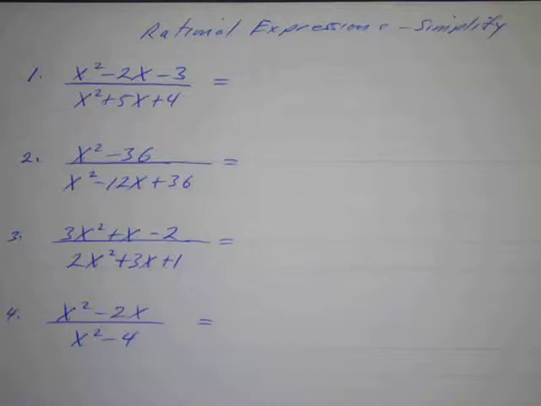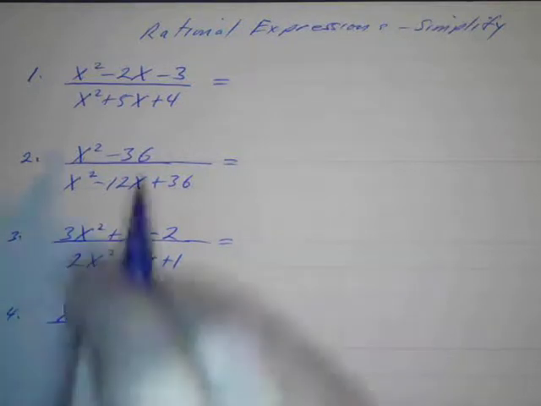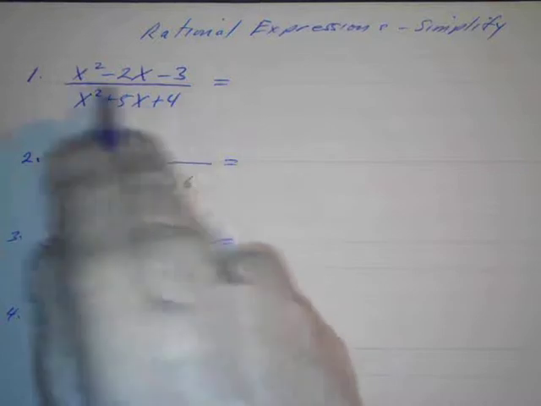Okay, here are some examples of simplifying rational expressions. Remember, a rational expression is just a fraction, so we're just going to simplify these fractions or reduce them to lowest terms. And just like we do with normal fractions, we want to divide out any common factors. And if we look at this first